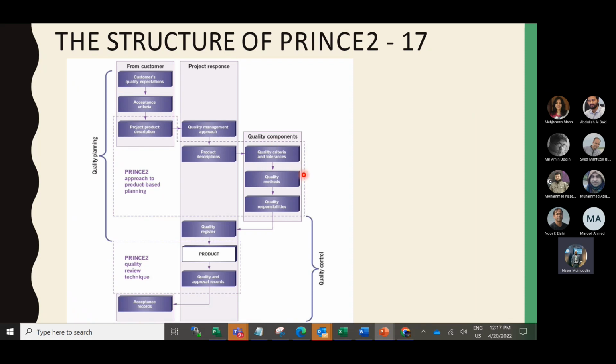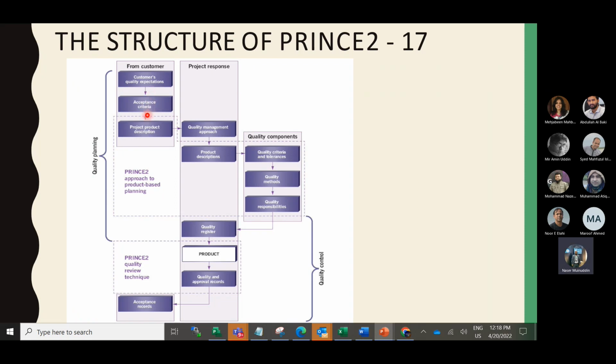Earlier we discussed the quality theme also. I think quality is a very important theme from the Prince2 point of view. The customer has some quality expectations. If you see the quality planning, the customer has quality expectations and has set the acceptance criteria: if you meet these, we will accept the products.